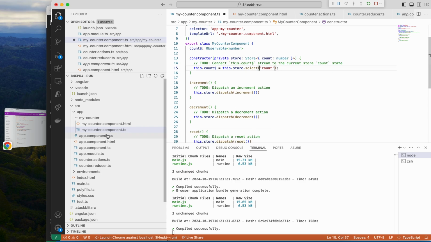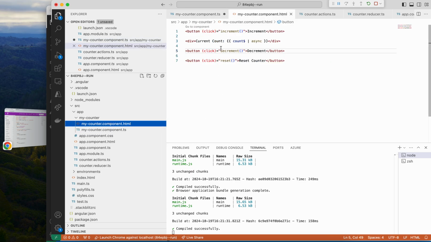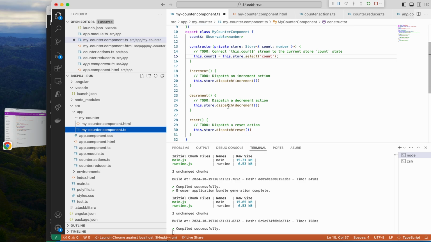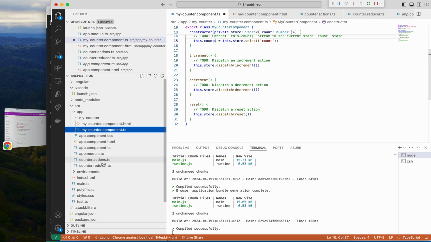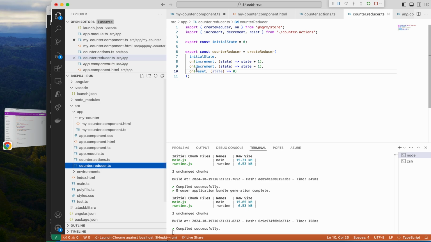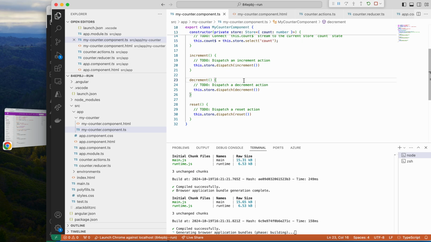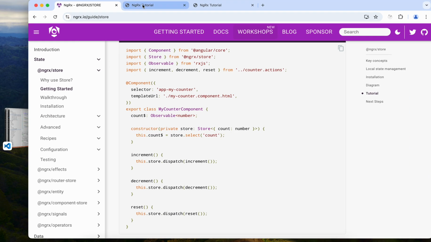And we have the methods that are already bound with the buttons that will now dispatch those actions, and the actions are already bound with the reducers to increment or decrement or reset. So we should be good the moment we save the file. Now